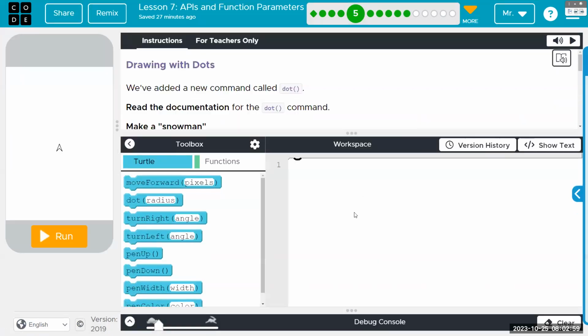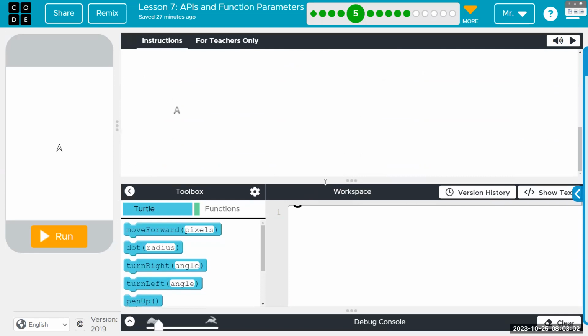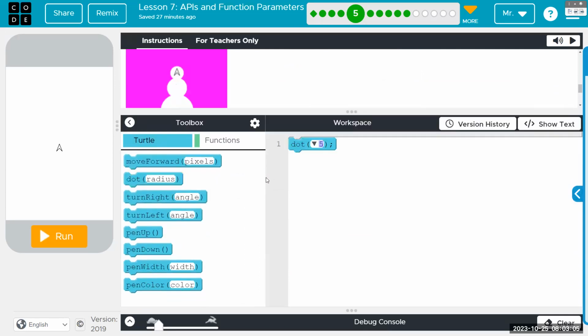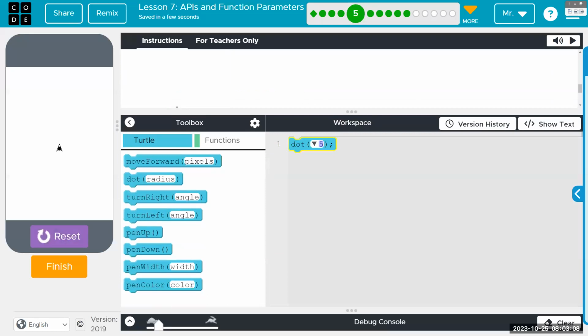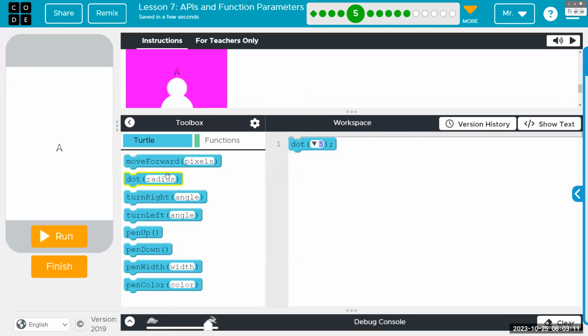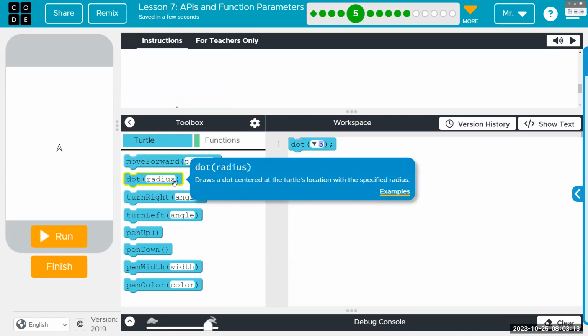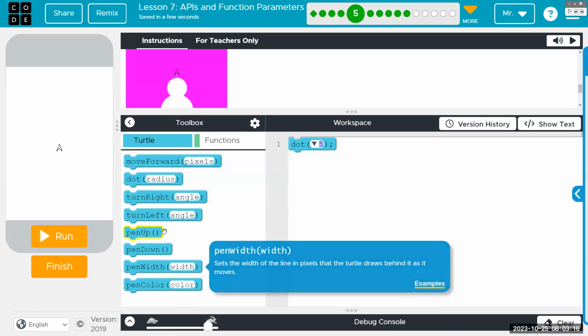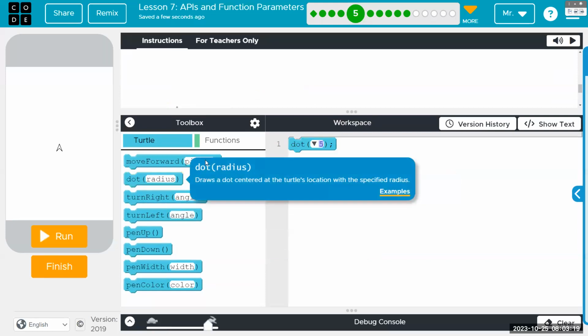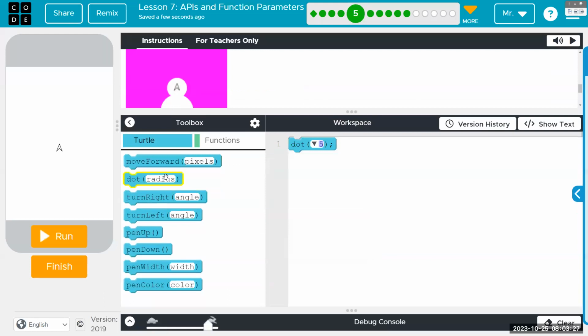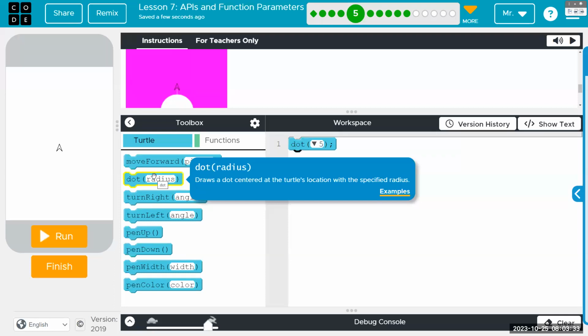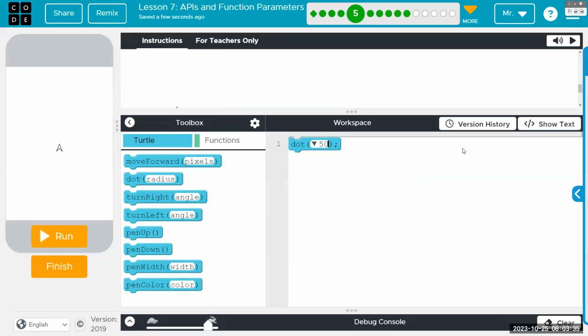Okay, bubble 5. We now get a dot command, which is exactly what it says, a dot, and the parameter it's expecting is the radius. If you look down here, there are different words inside of the parentheses. That's telling you what it's going to use the number you send it as, because it's not always pixels or radius, although this is radius in pixels. So the point of dot is to